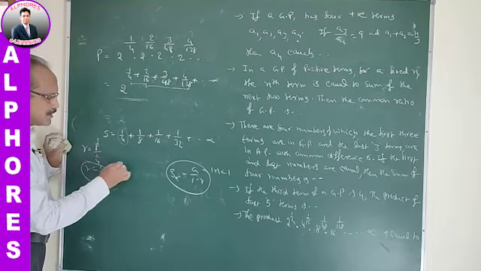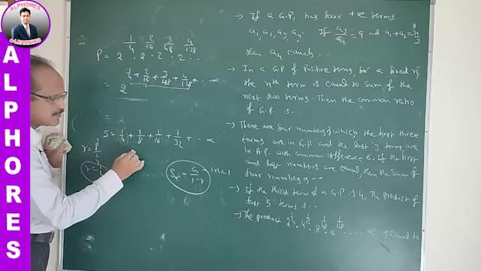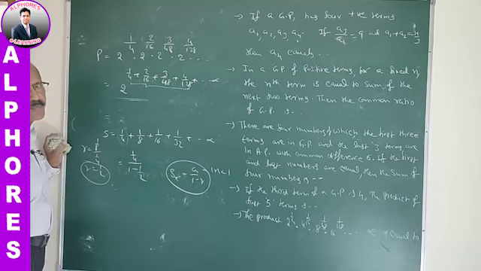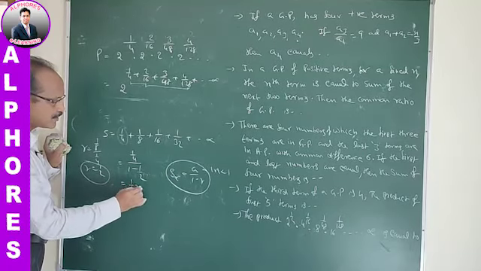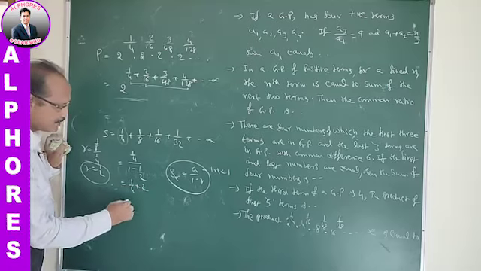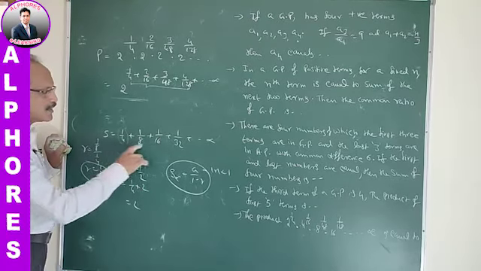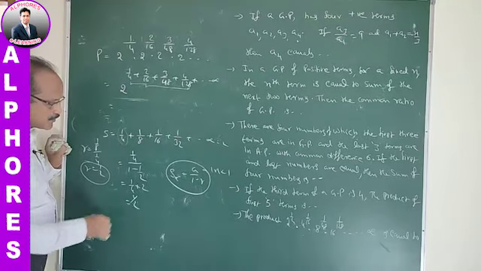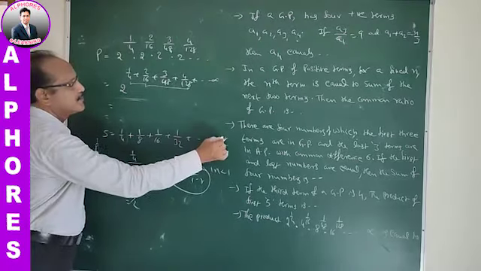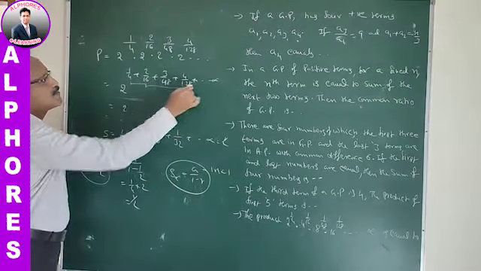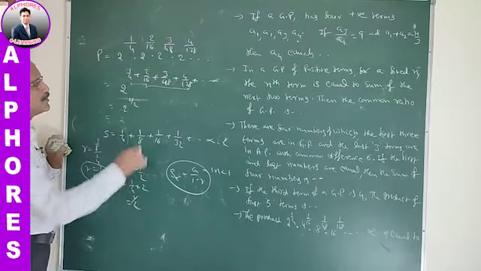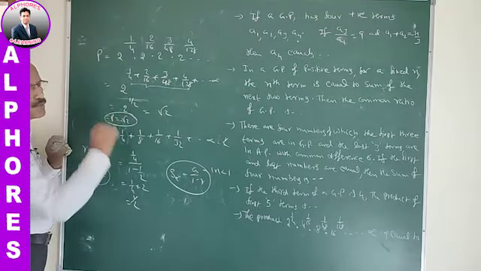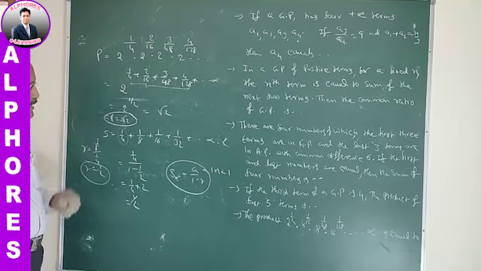Right. Substituting a and r values, we will get the sum. That is, a is here 1 by 4 divided by 1 minus 1 by 2, or 1 by 4 into 2, that is, it is nothing but 1 by 2. Now 2 power 1 by 2 becomes root 2. So finally the product is root 2. Right. So the product is root 2.